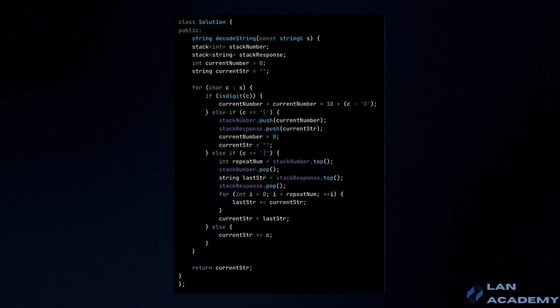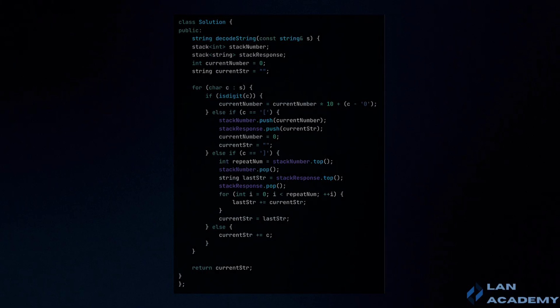In conclusion, this problem involves decoding a string that contains compressed segments in the format number[string] with possible nested structures. By using a stack-based approach, I efficiently manage the nested brackets and ensure that the string is decoded correctly from the innermost parts outward. Stacks are ideal for this task because they allow for easy backtracking and handling of nested elements. The final decoded string is constructed by processing each segment step by step, ensuring that all parts of the string are correctly expanded and combined.